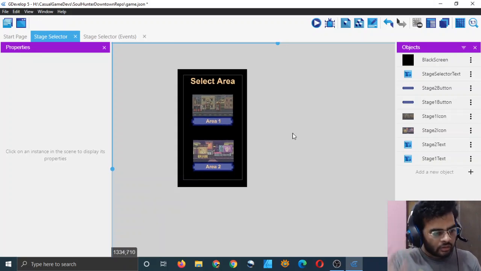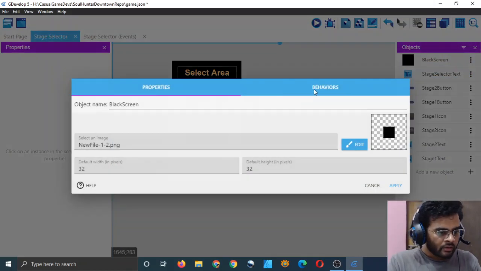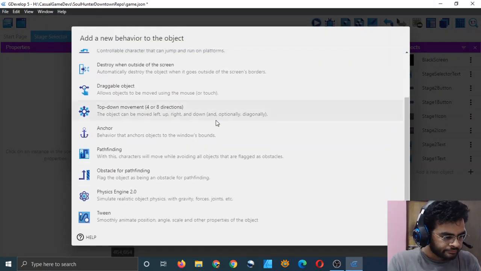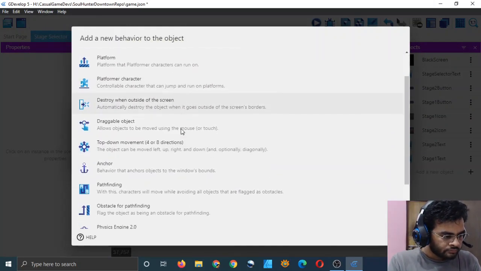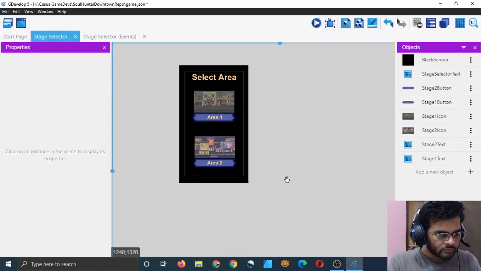So let's make a scrolling effect. I have a behavior. Let me double click on it. I will add a behavior and see if it works or not. I don't think it would work that way.